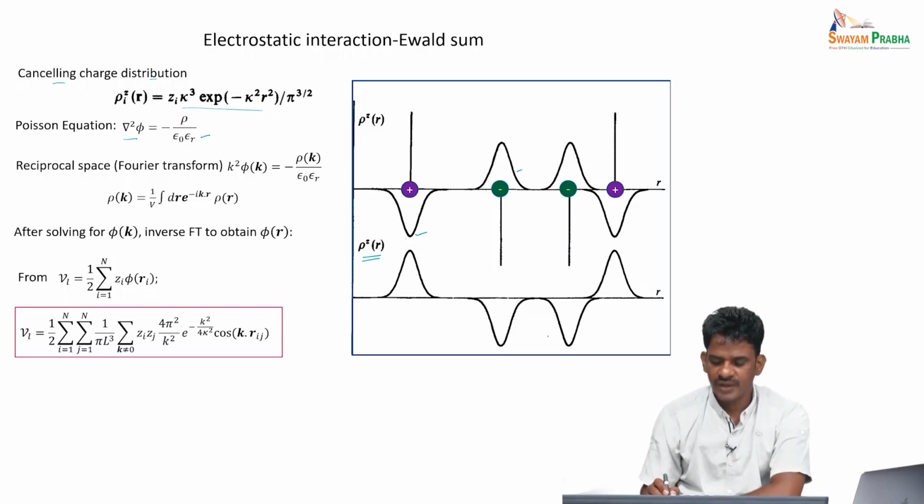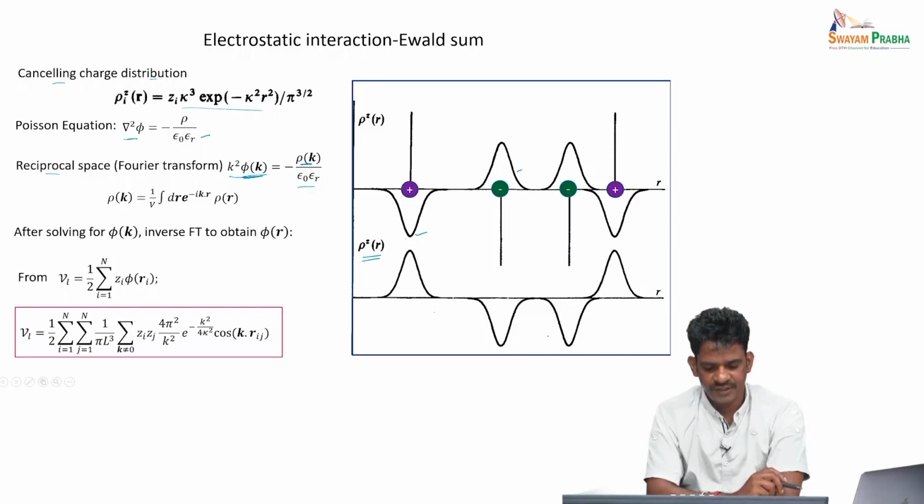In this case, for the cancelling distribution, we solve the Poisson equation in the reciprocal or the Fourier space. So, when you take the Poisson equation and apply Fourier transform, this equation becomes this, where you can see the potential now is written in the Fourier space or the wave vector space,